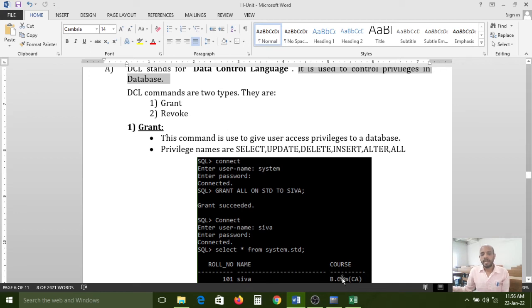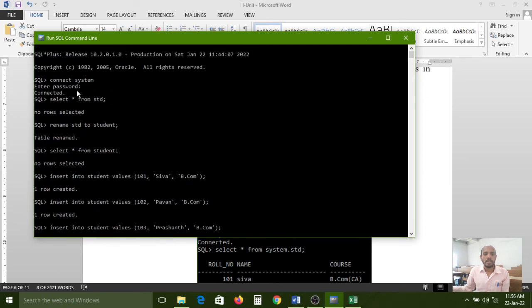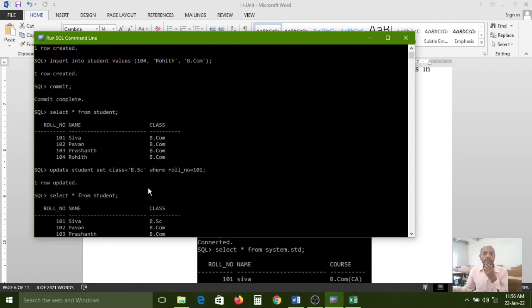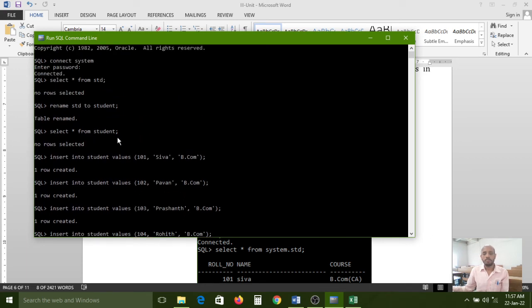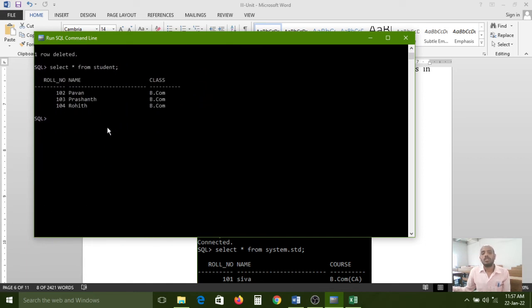So now my table data, we are connected at which database? System database now. So in this system database, we have created the student table, we have inserted the student data, and we are doing these many operations because the student table is available in the system database, in the system user. Now I want to give permission to some other user. This student data I now want to share with some other person.